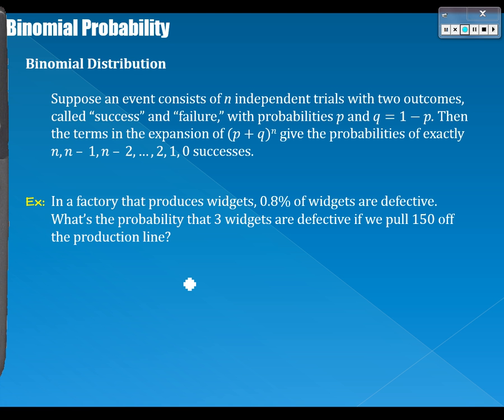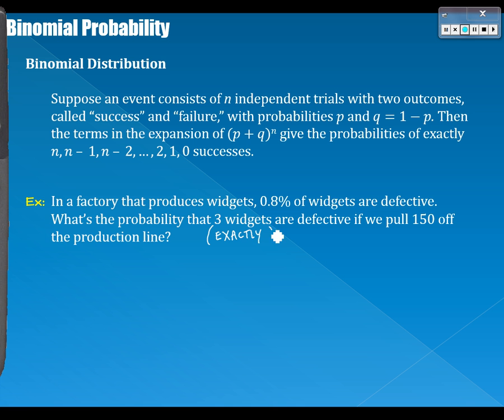Okay, easiest to see with another example. Though, this example I don't think is any more difficult than the warm-up, right? So let's read this together here. Let's just say something about widgets. We love widgets in math. In a factory that produces widgets, we've got 0.8% of widgets that are defective. So what's the probability that we have exactly 3 widgets? And let's write that here. Maybe it should be more clearly said, but